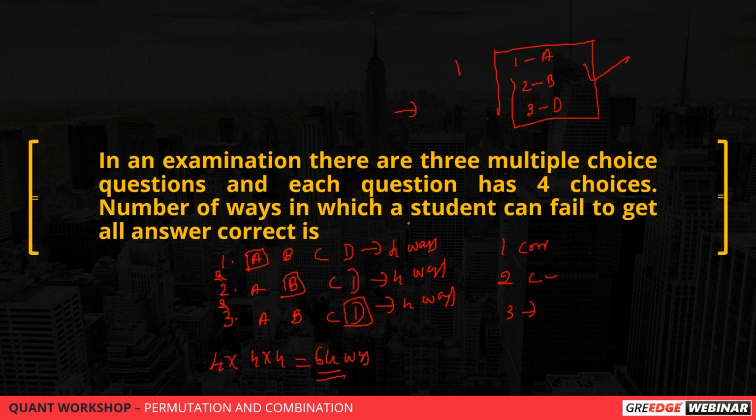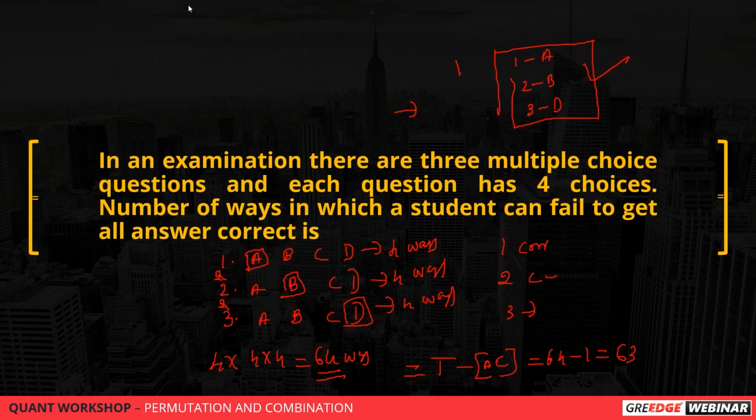If the answer sheet is in this order, then you will get the correct answer, or otherwise it will go wrong in at least one question. So from the total possibilities, I am removing the cases which are not necessary. What case is not necessary? All correct is not necessary. So that is 64 minus 1 that will give you the answer directly. So sometimes we need to look at the questions carefully. What it is asking you to calculate, and how you can arrive at the answer accordingly. Otherwise, you have to go with all the cases and conclude everything.